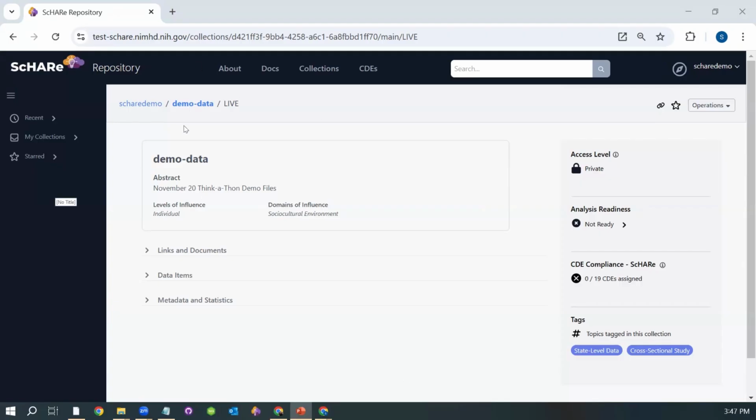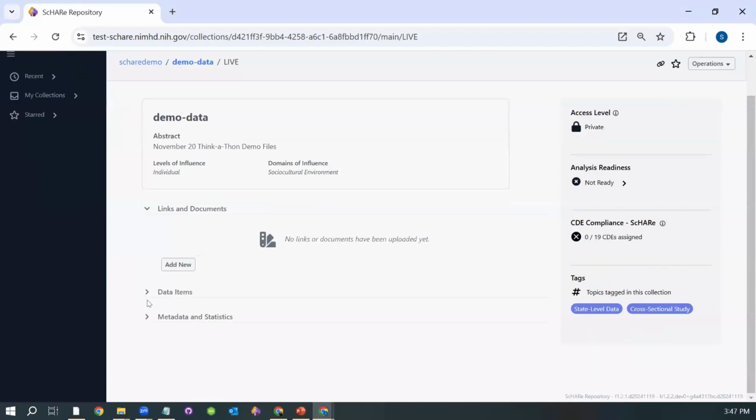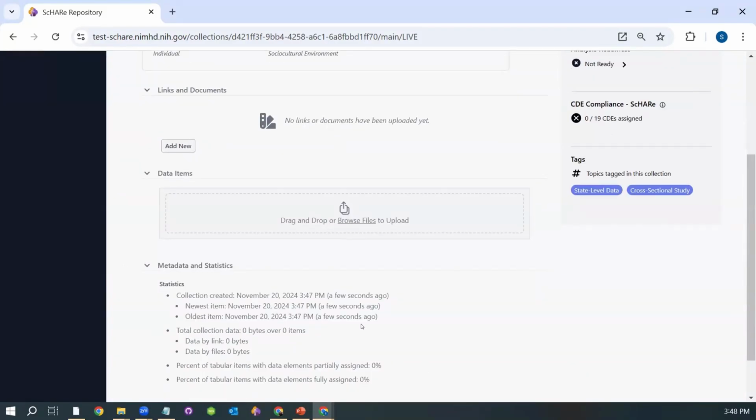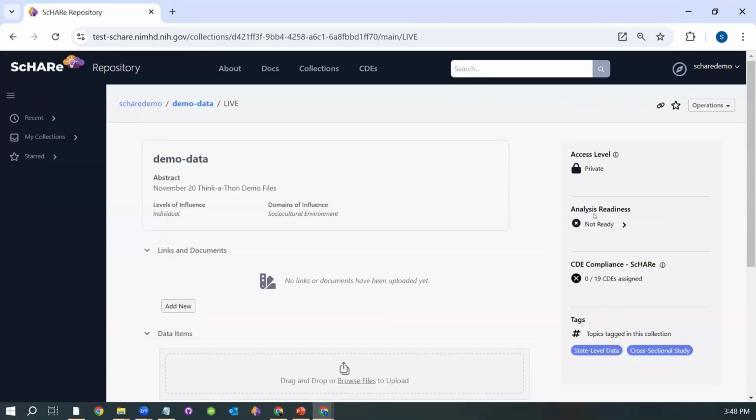Here, in this collection page, we see the collection name, and we have links, documents, data items, metadata. So these are the sections. You can upload your links, documents, your data, and also shows the metadata. And on the right sidebar, you will see access level, analysis readiness, CD compliance, and tags. I will cover access level and analysis readiness a little bit later after